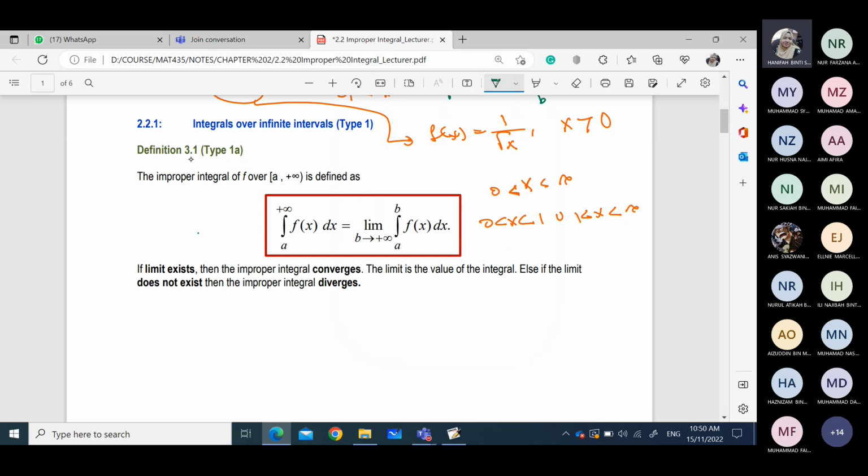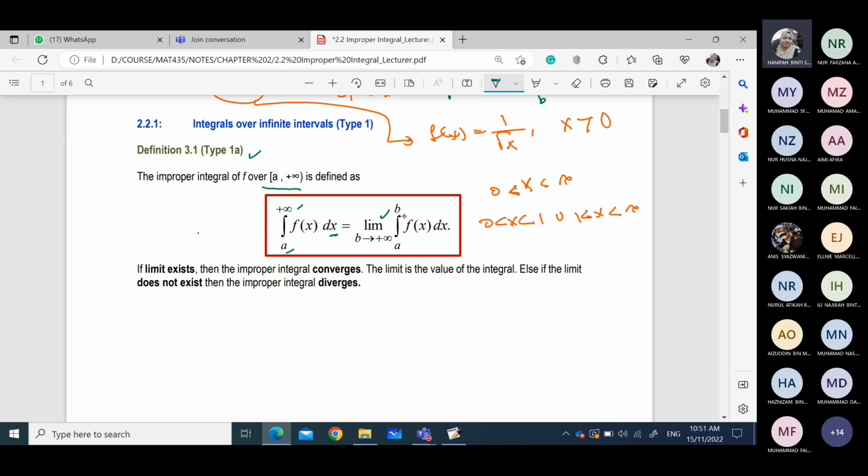Okay, so definition 3.1, it is about improper integral in type 1a. The improper integral of f over a to infinity, this interval a to infinity, is defined as the integral of f of x with respect to x, where x is in the interval a to infinity. It is equivalent to the limit as b approaches positive infinity of the integral of f of x where x is from a